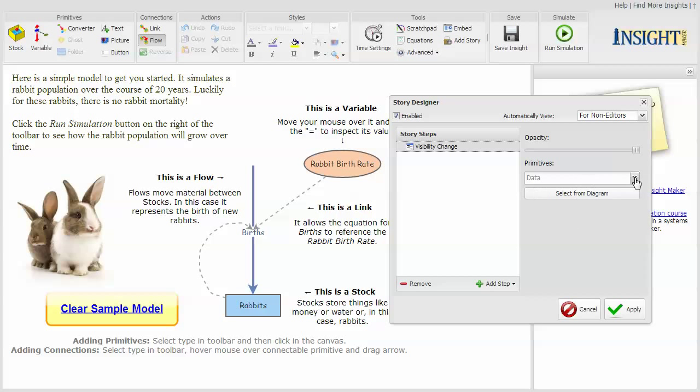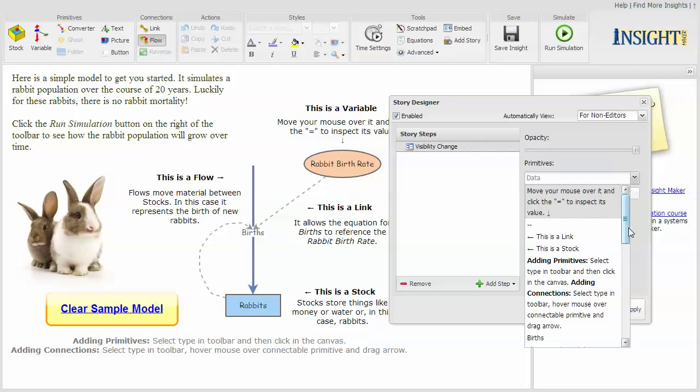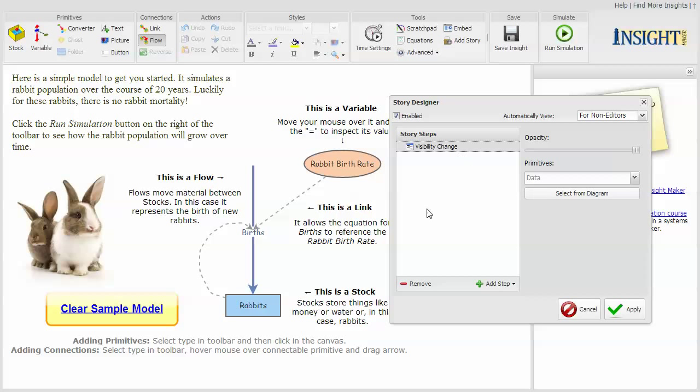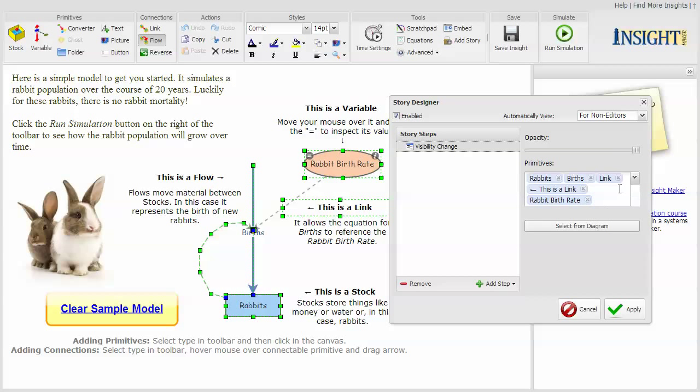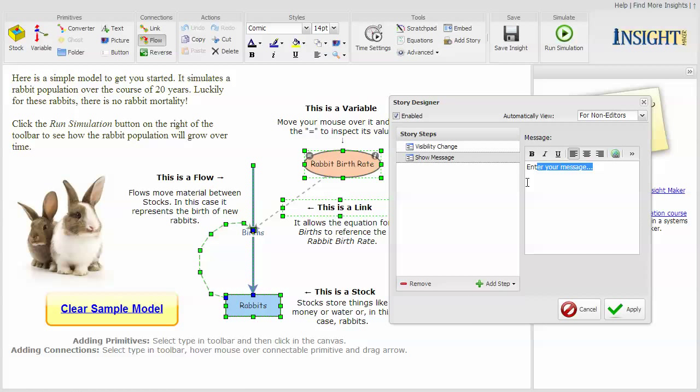Now I can either select items from this drop down that I want to change the visibility for, or I can hold down the control key and select a number of pieces from the model itself, and then go ahead and say select from diagram, and that adds all of those pieces. And then I can go ahead and change the opacity to 10, and then I can add another step that says I want to show a message, and I say